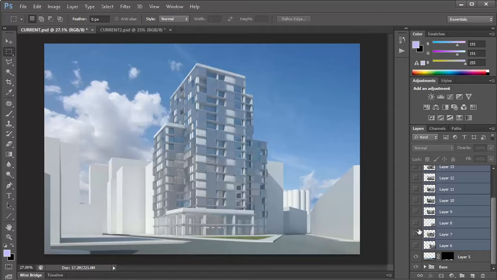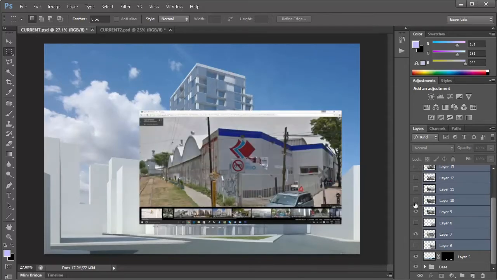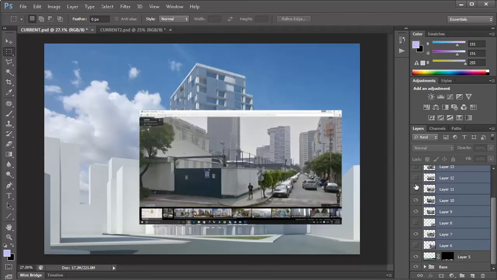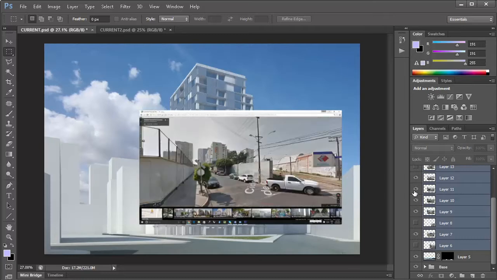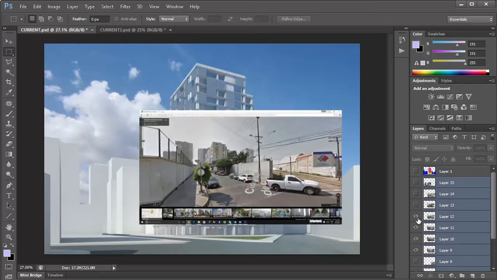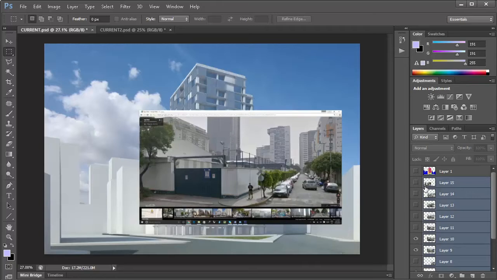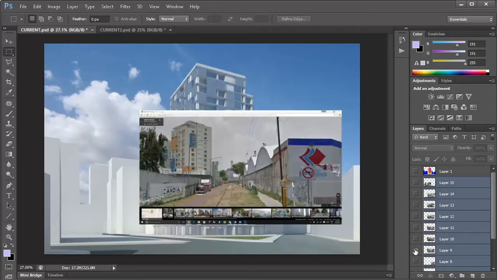So it's just a lot of images, and it's useful to have them all here so you could just flip them on and off, and we're going to work building by building here. And then anytime that you need something, you just look through one of these to see what fits best.